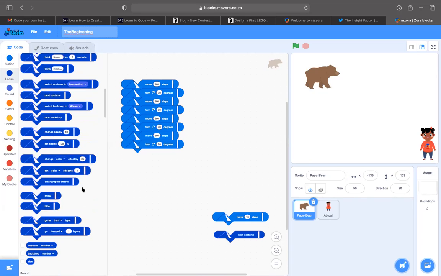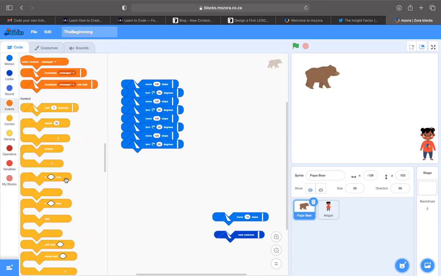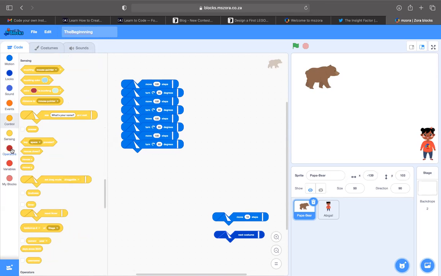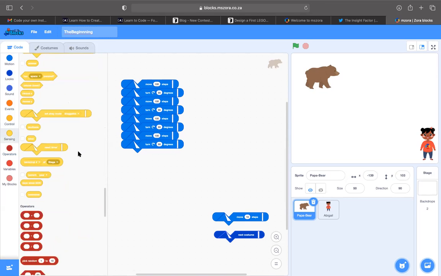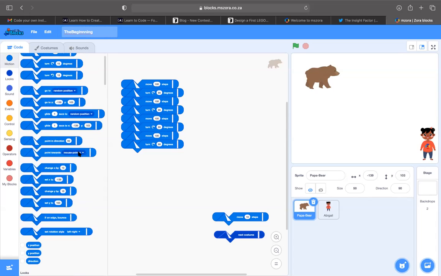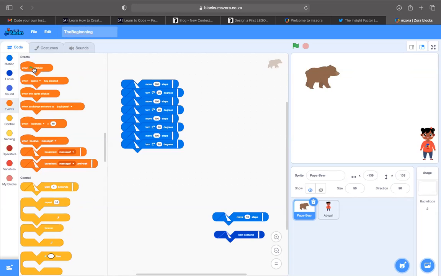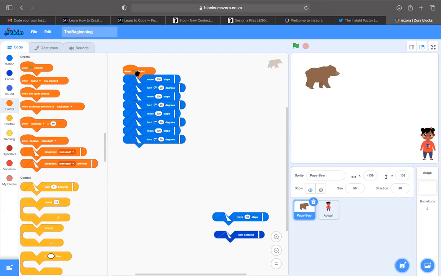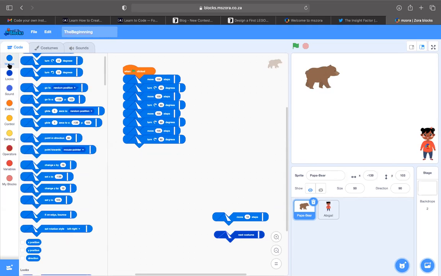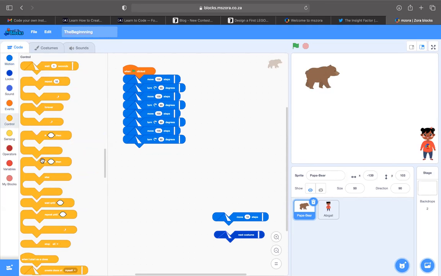All right, so I just can't find it. I can't find pen down. So what I'm going to do is to have also finally a head block to start our code. We call that a head block, which then says, when I click the flag, you must move 100 steps and turn 90 degrees. And also add something here to make it slower. Let me add a timer to make it slower.